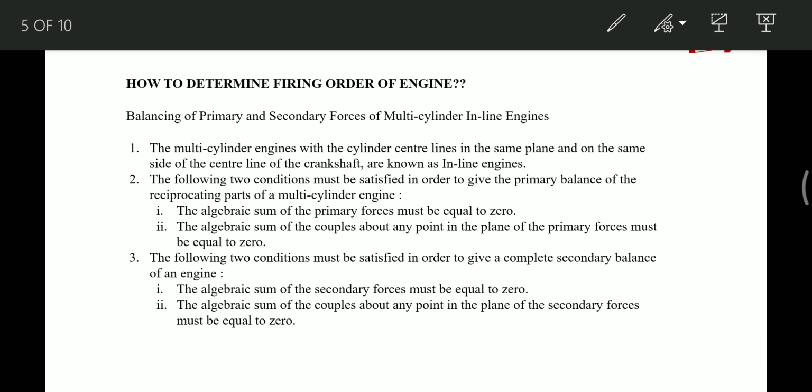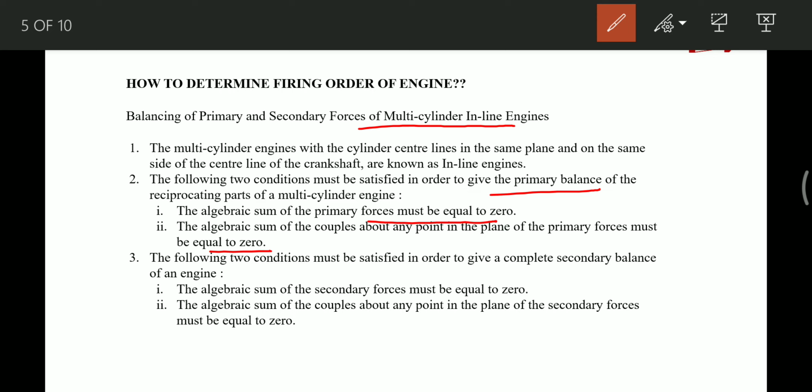Now let's see how we can completely balance the crank mechanism, and the solution to that is by using multi-cylinder inline engines. To completely balance the primary forces, two conditions have to be fulfilled: the algebraic sum of the primary forces must be 0 in the system, and the algebraic sum of the couples about any point in the plane of primary force must be equal to 0. That is the condition for balancing these primary